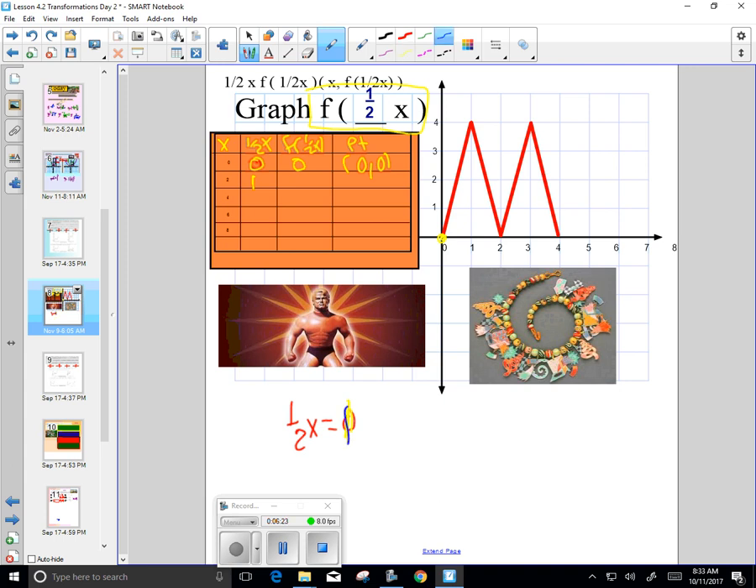1/2 x equals 1. What's x equal to? Come on, just say it. Solve for x. X is equal to 2. There you go. So there will be 2. So this point is going to be 2, and